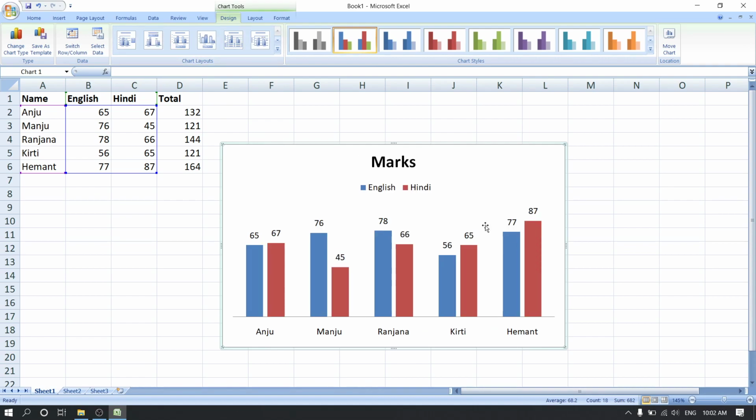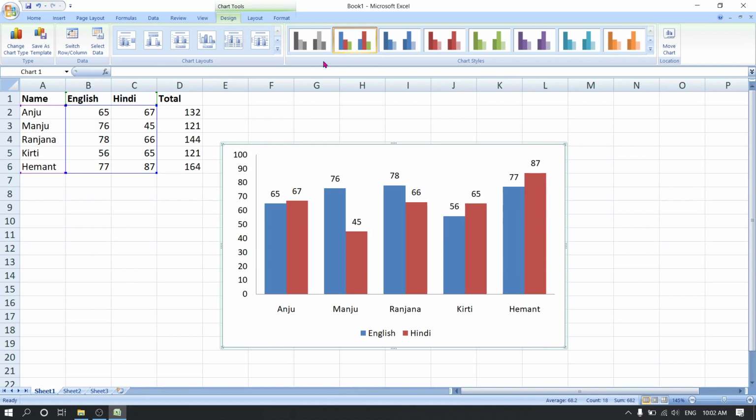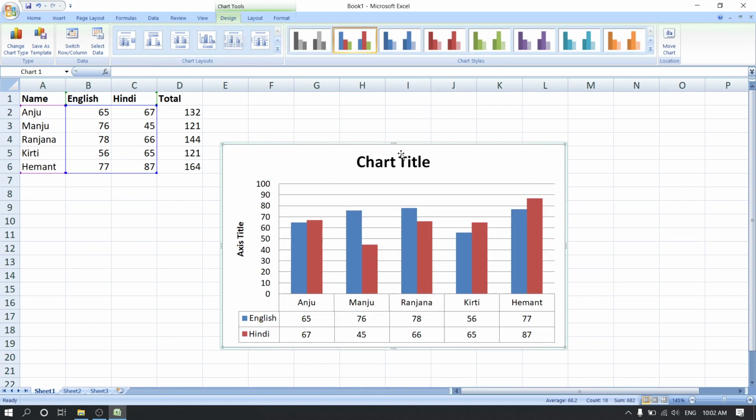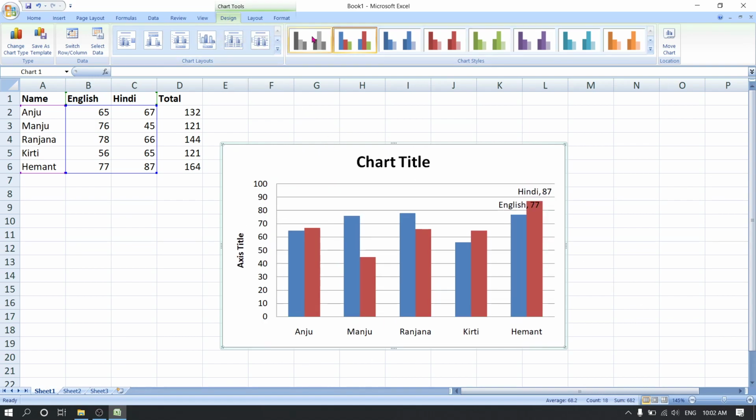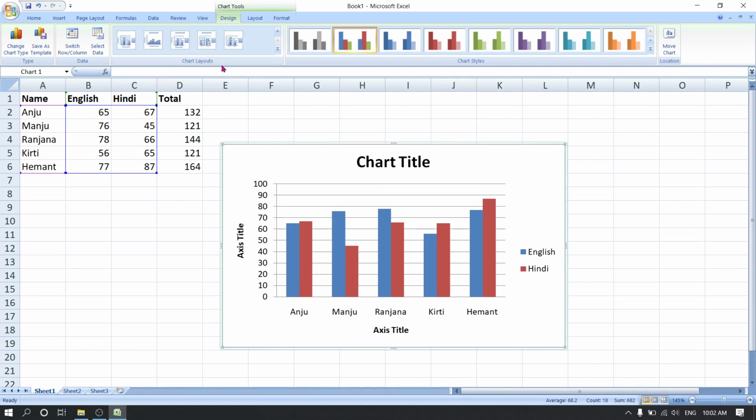This is another type of chart, or this one, or this one, and you have lots more. Okay, this is the axis title.